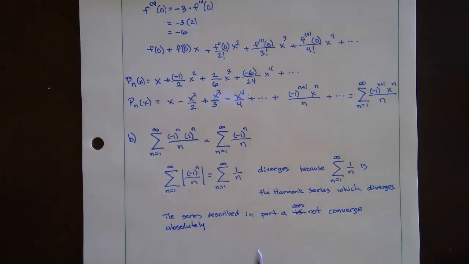Okay, now how about conditionally, right? Now we have to look at the actual series itself, right? n equals 1 to infinity of -1 to the n over n. Well, what do you notice about that? That's the alternating harmonic series, right? And what do we know about the alternating harmonic series? It always converges, right? So this converges